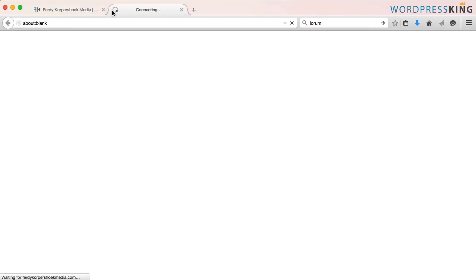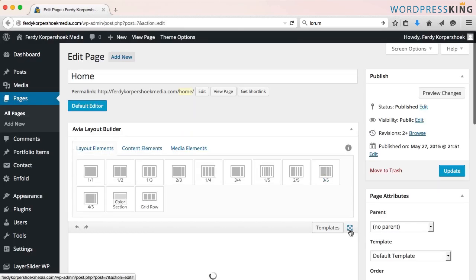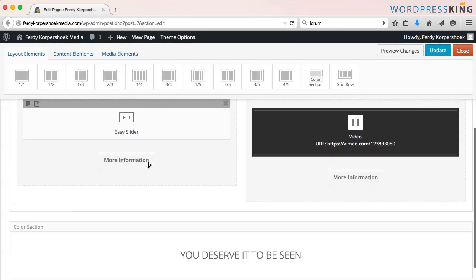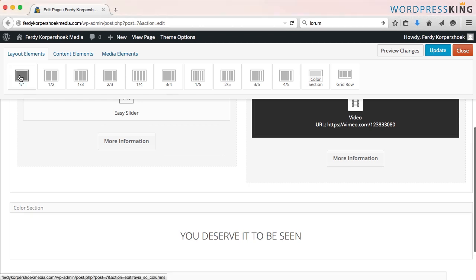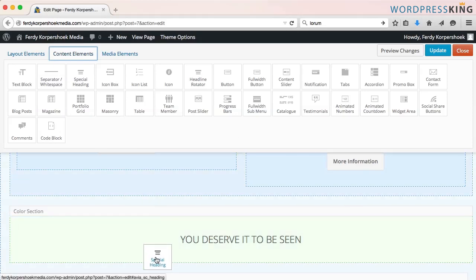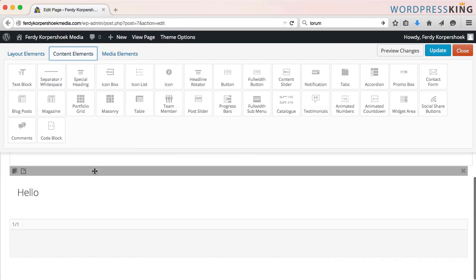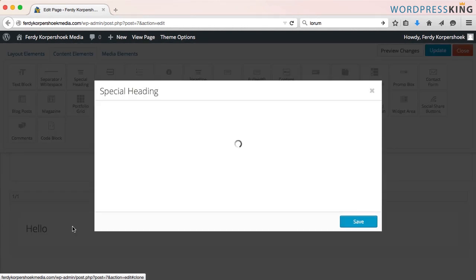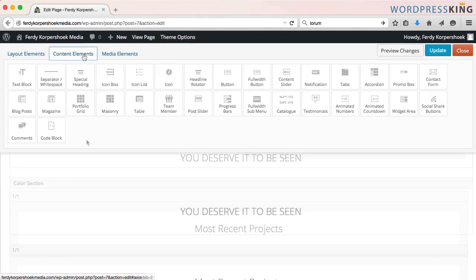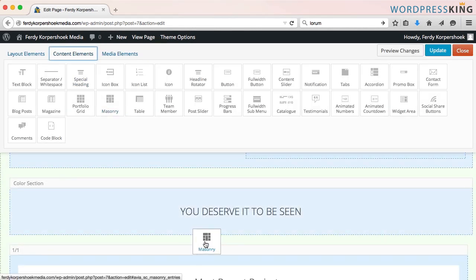I edit the front page. I expand this icon once again. I scroll down. I make a one-on-one section. And I add a special heading. Drag it over here in the one-on-one section, click on it, say most recent projects, H1 in the center, save it, and then I go to a masonry, I drag it below